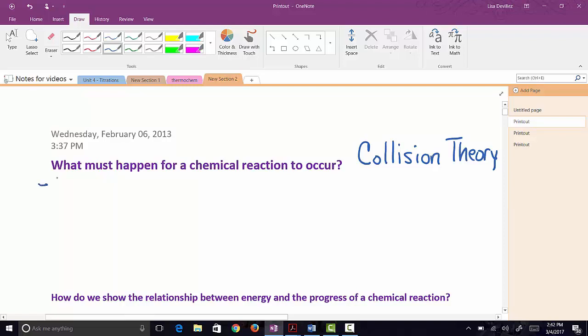It says that in order for a reaction to occur, the reactants must collide, that the collision has to have sufficient energy,